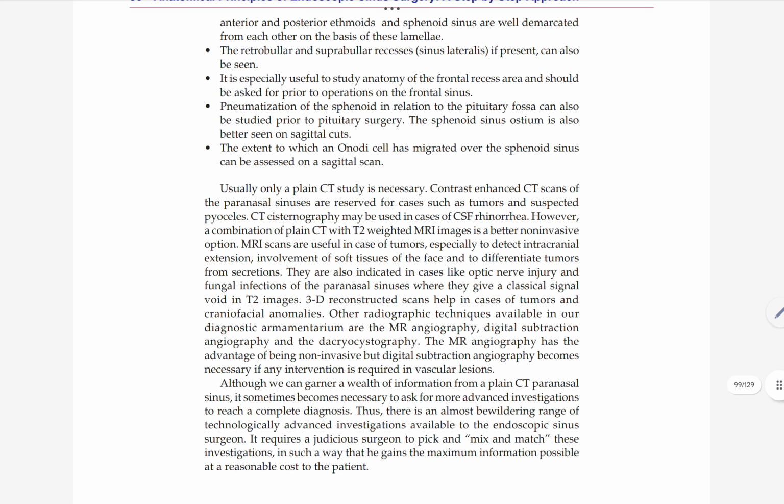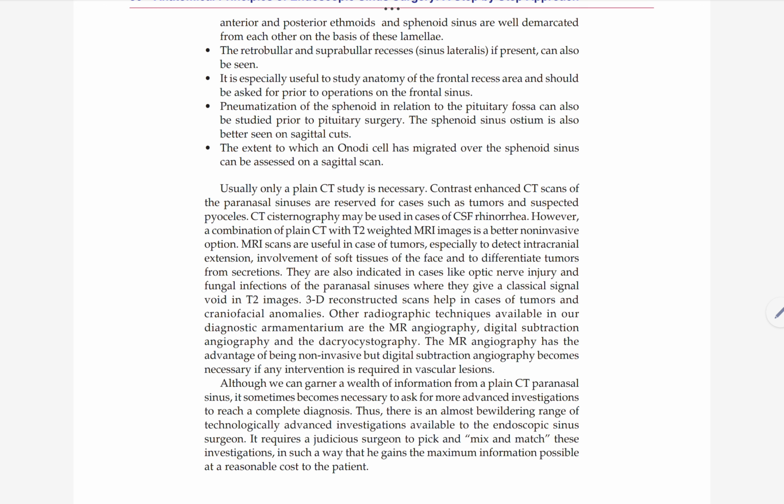The anterior and posterior ethmoids and sphenoid sinus are well demarcated from each other on the basis of these lamellae. The retrobullar and the suprabullar recess, that is sinus lateralis, if present, can also be seen. It is especially useful to study anatomy of the frontal recess area and should be asked for prior to operations